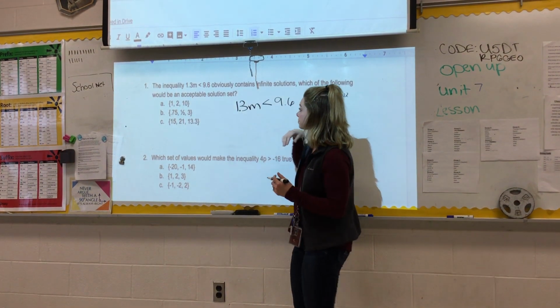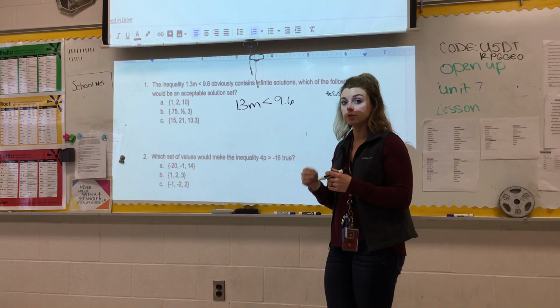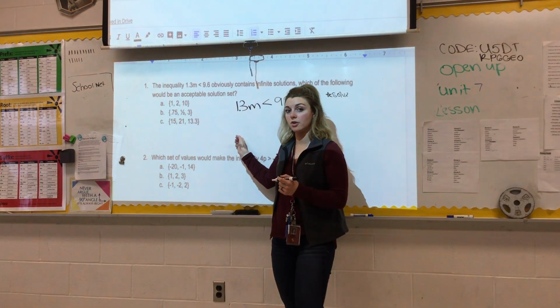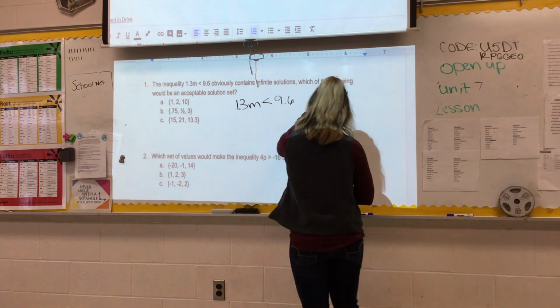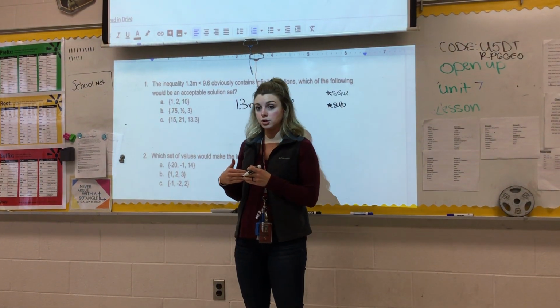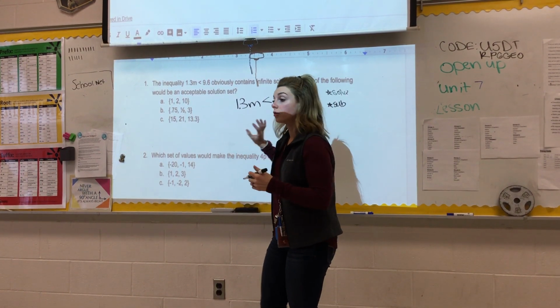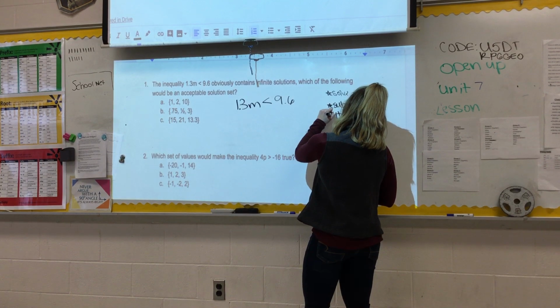From there, we can also use the strategy of substitution, which we talked about with our variable equations as well. So I'm going to write sub out to the side over here. So we could solve, or we could use substitution. We could also try to plot it on a number line and go from there. So I can also write number line.